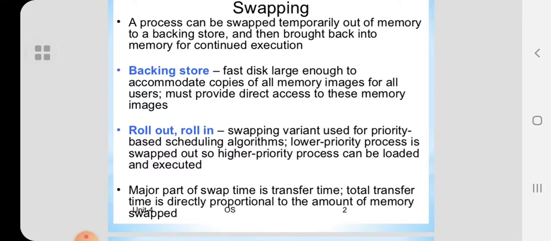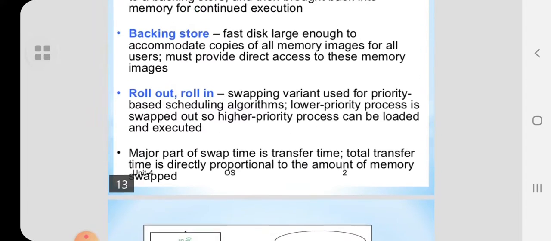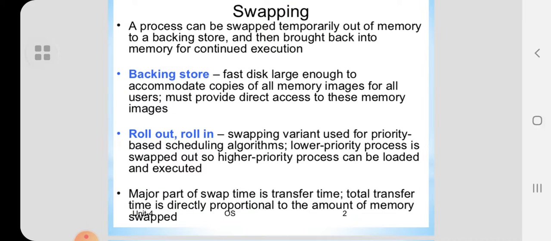Now, next is swapping. Swapping is a mechanism in which a process can be swapped temporarily out of main memory to secondary storage. Everyone knows about swapping. Swapping means moving from one to another, and this makes the memory available to other processes. At some later time, the system swaps the process back from the secondary storage to main memory.